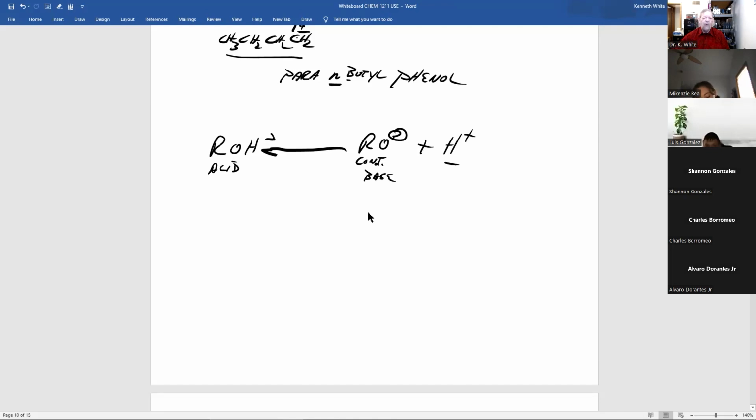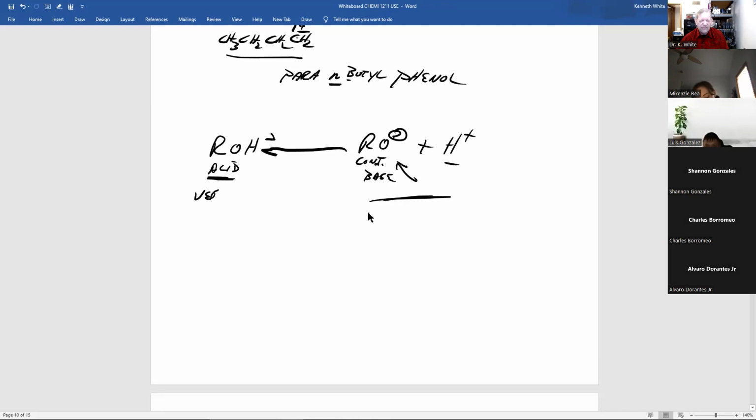To go to the right, it gives up a proton, and a proton donor is an acid. Now, the equilibrium stays essentially here, so that means the conjugate base of alcohols,